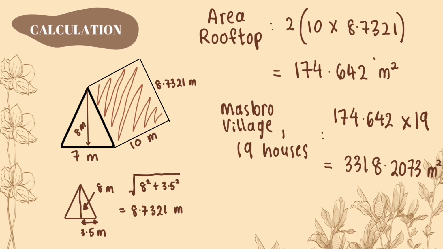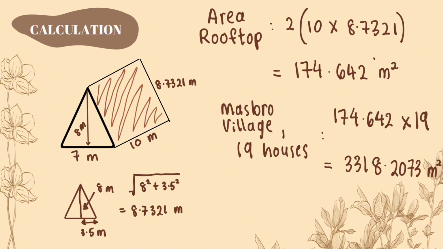I am Tengku Akif and I would like to present my calculation on the number of roof tiles that will be needed to renovate the existing roofs of Masbro Village. First, I calculated the roof area for one house. Each house has a roof with two identical sloping sides. The length of the roof is 10 meters and the slanted height calculated using Pythagoras theorem is 8.7321 meters. Therefore, the total roof area for one house is calculated as 2 multiplied by 10 multiplied by 8.7321, which gives